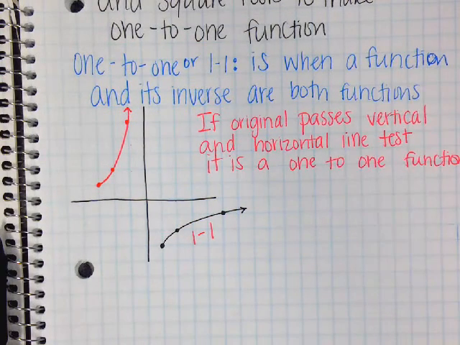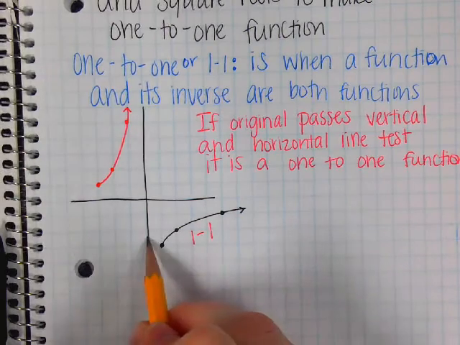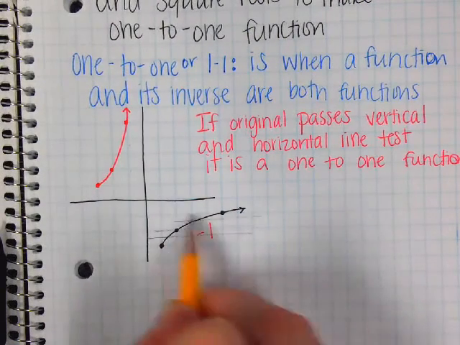And what I mean by a vertical and horizontal is if the original passes the horizontal line test,